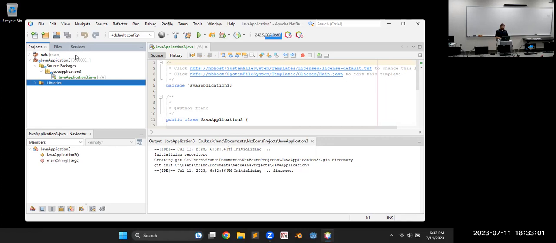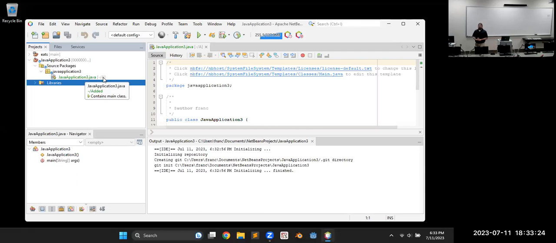There we go. So then now it's trying to show the hash code. Nothing's happened. So the hash code for the commit is all zeros, which means nothing's been committed yet. And all of the files that were generated to start here are already color coded in green to show